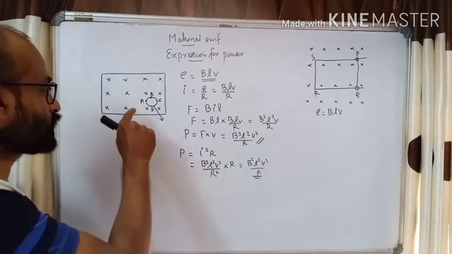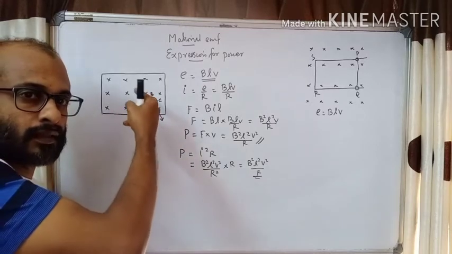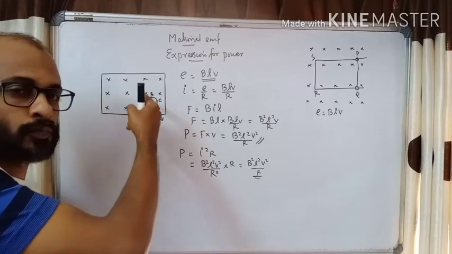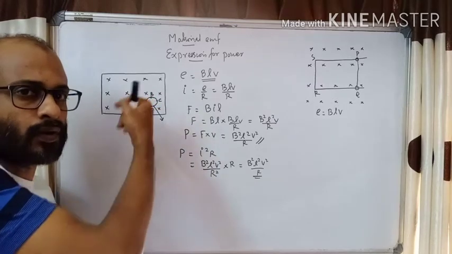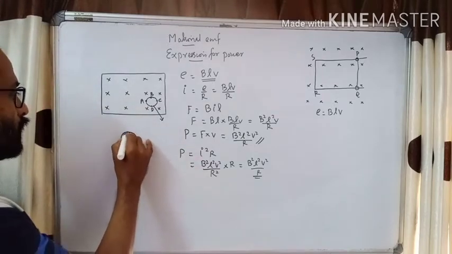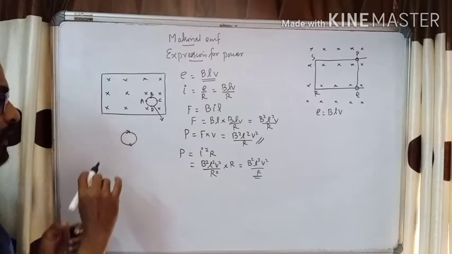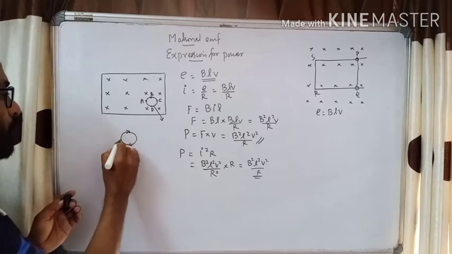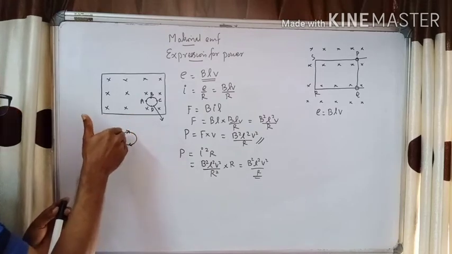Say, to increase the flux, if the magnetic field is inward, then the current produced should produce a magnetic field in the coil in the same direction. Okay, how does it happen? We have two options. Say, in the coil, if current is flowing in clockwise direction, by the right hand thumb rule, we can say that if we place our thumb like this, the magnetic field is inward.